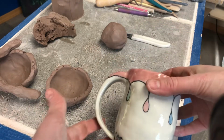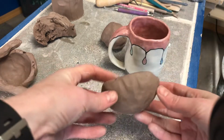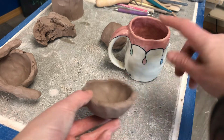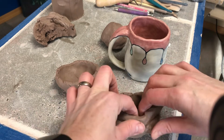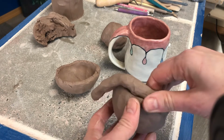I've had a few people ask questions about getting a tall, narrow mug. So when we start with pinch bowls, we kind of make a rounded shape. They're bowls, right? But there are several ways you can get to this tall shape. One of those ways is that you can add a coil. And of course, you have added coils for feet, maybe for rims, but we can add coils to add some